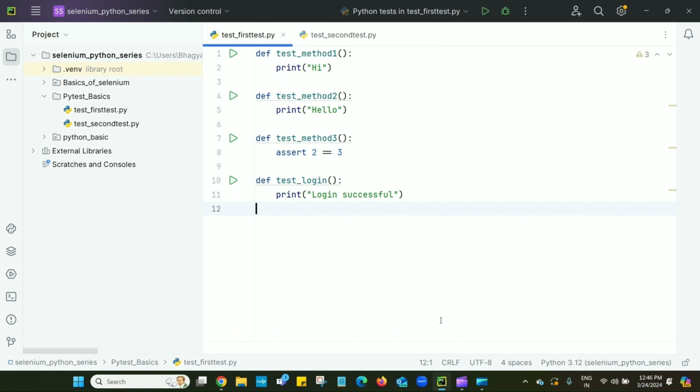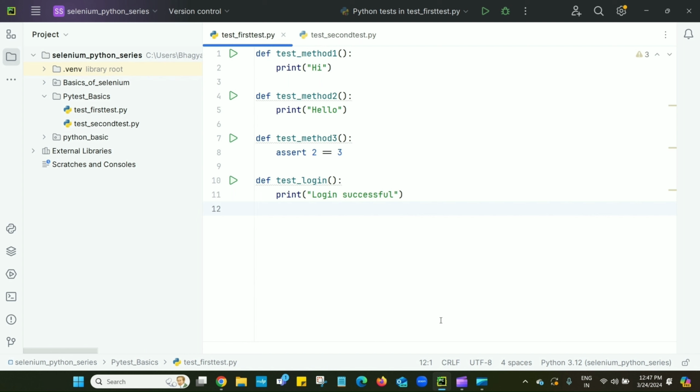Let's start. Fixtures are functions which will run before each test function to which they are applied. Basically, these fixtures are used to feed some data to the test, like a database connection or a URL to test the application, or some kind of input data that we can pass through the fixtures. Therefore, instead of running the same code for several test cases, we can attach a fixture function to the test and it will run and return the data to the test before executing each test.